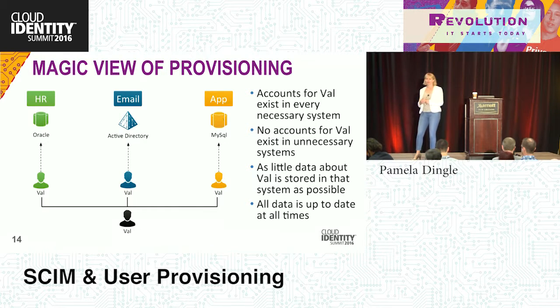It's a lovely idea, but there are a lot of problems with this. First of all, not everyone has the same view of who Val is in the first place. And not only that, you probably don't want to share every piece of information to every application you have. So ultimately what you want to do is construct small constrained views of Val that are related, maybe not even to a single common understanding, but that can be traced and audited and understood as every piece of Val coming from a separate authoritative source, or a set of authoritative sources.